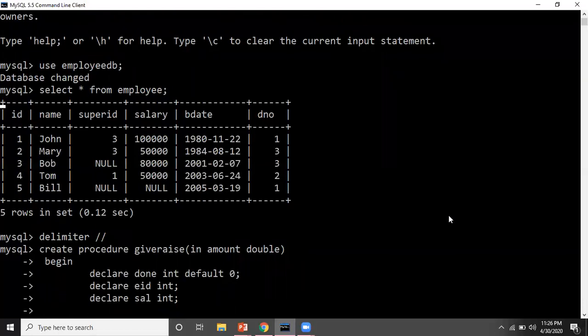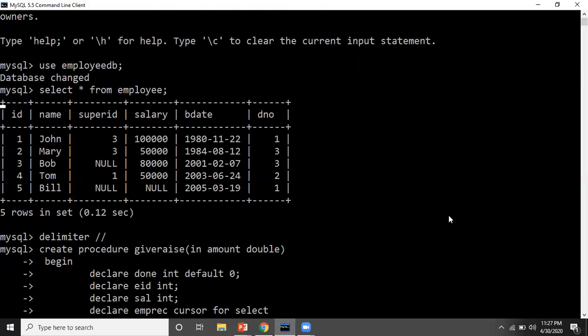Now I want to declare a cursor. After declare, I have to give the cursor name. For this cursor, I'm giving the name EMPREC. Then we put the keyword cursor for. After this for, there will be a select statement.